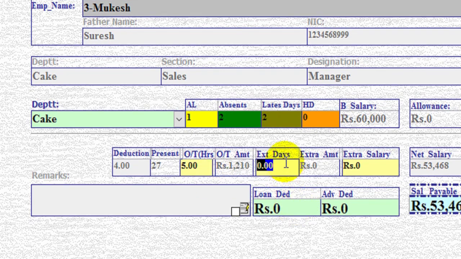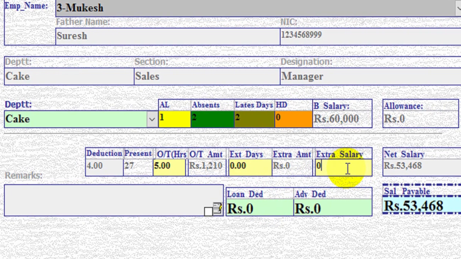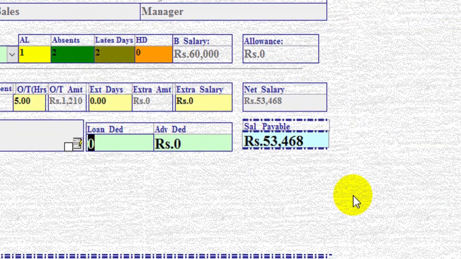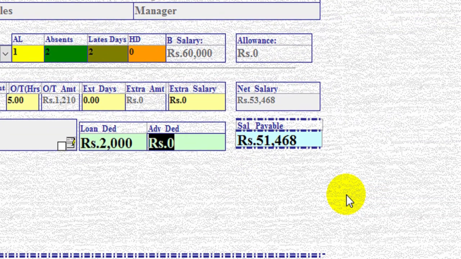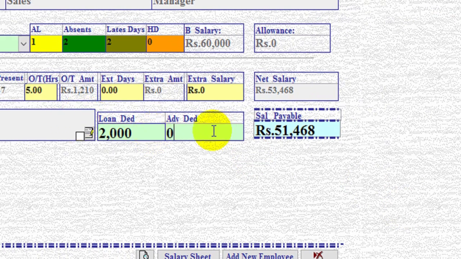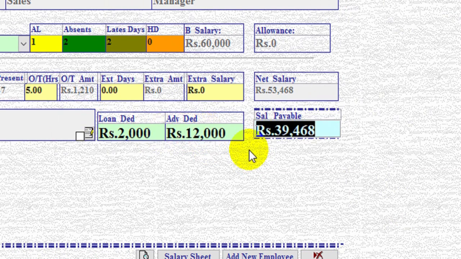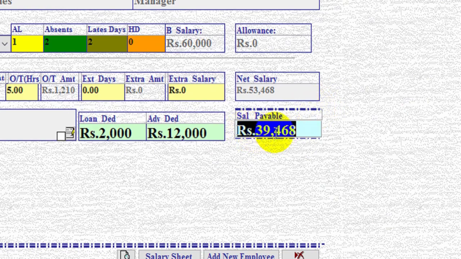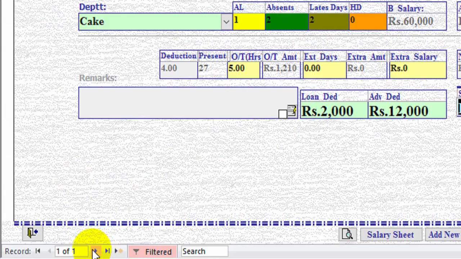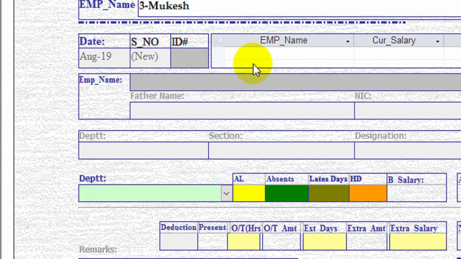Extra days: if you are getting some extra salary, you can write over here, extra salary, extra days. Loan deduction, like I'm writing loan deduction 2000. Advance deduction: this loan is for installments, and this is for the monthly advance, 12,000. Here is the net salary, 39,468. Okay, just click on next record.